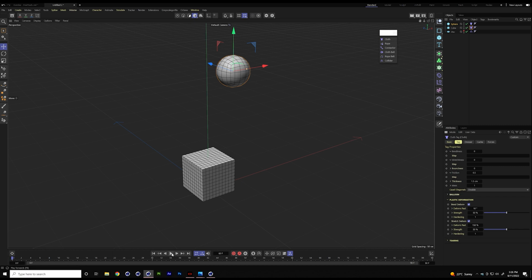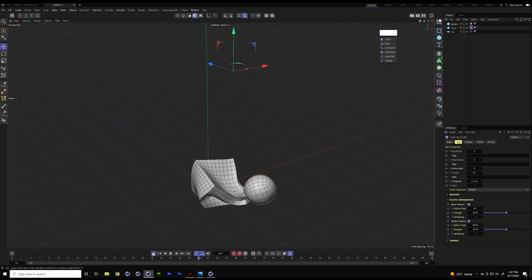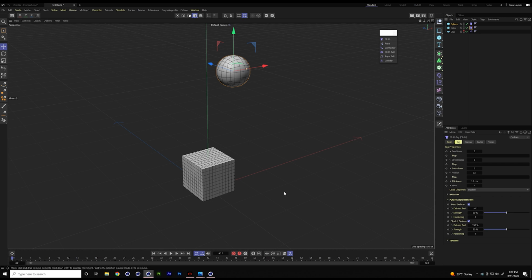So one thing I haven't done yet, and I want to do, is I think you can make a car crash. You can make two objects crash into each other and retain their deformation and all that. I'm sure you can put things together that look really fancy, but the process of making them is fairly simple. So that's all I have to say about plastic deformations. The penultimate thing I'm going to talk about is tearing.